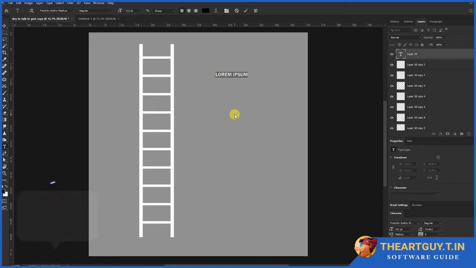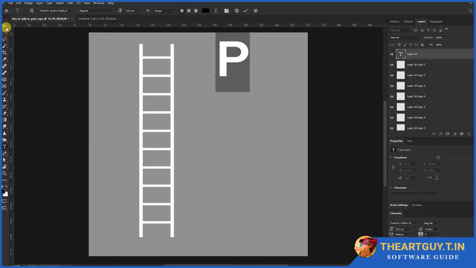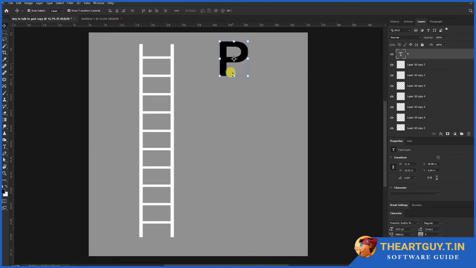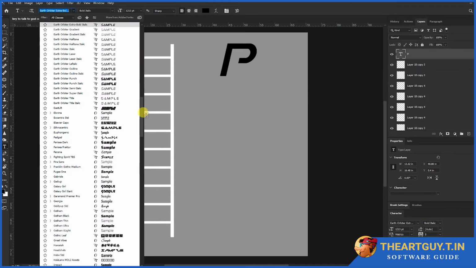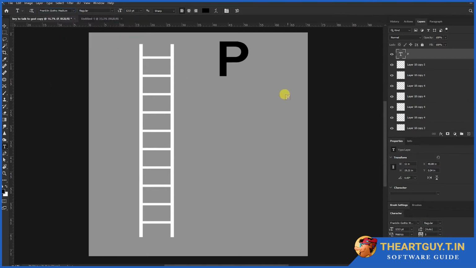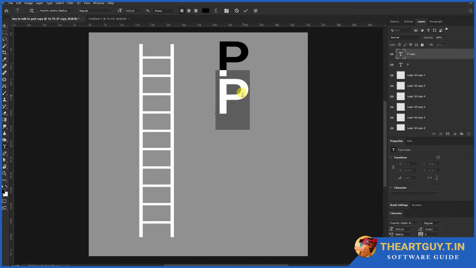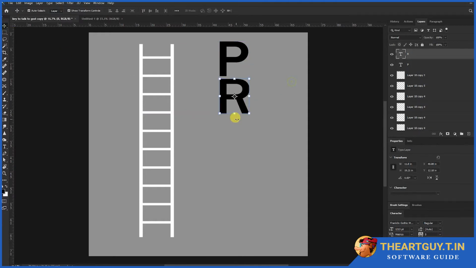And then I added fonts by clicking T. T is the shortcut key for text. You can also set the size of the font from the size box at the top next to the font style. You can use any kind of font style that you want, but for my use I'm just using regular fonts because I think regular fonts will be good in this.